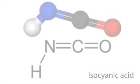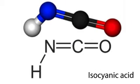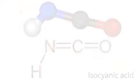But one of the main surprises in this work was that we found a very, very large signal due to isocyanic acid. The molecular formula is HNCO, so it contains hydrogen, nitrogen, carbon, and oxygen. And it's the simplest molecule that contains all those four atoms. And it's a molecule that's difficult to measure, so it has not been measured a lot, and certainly not in the